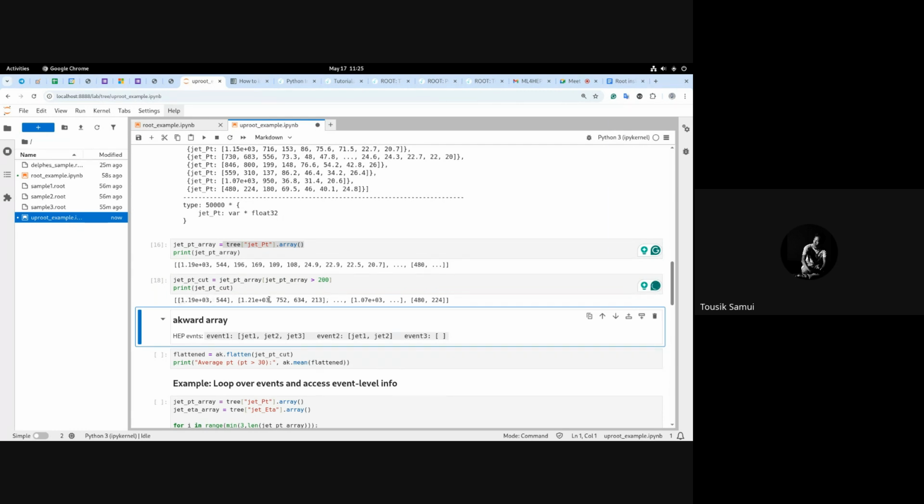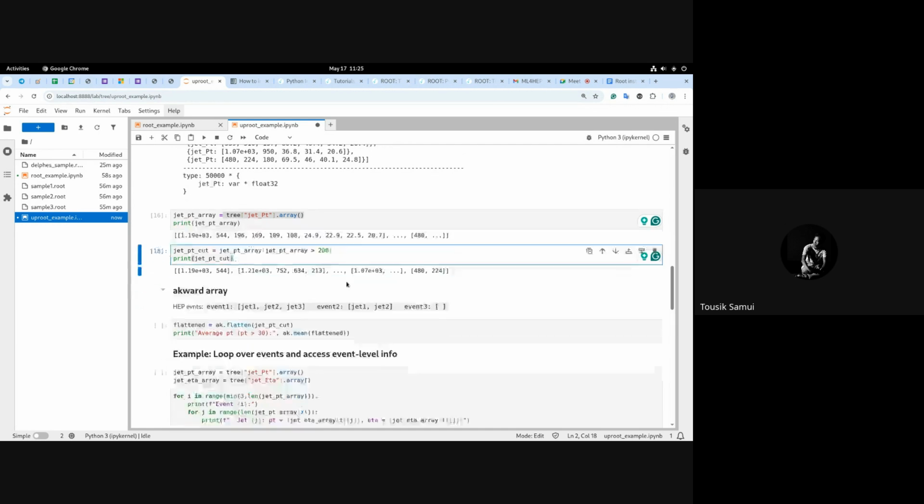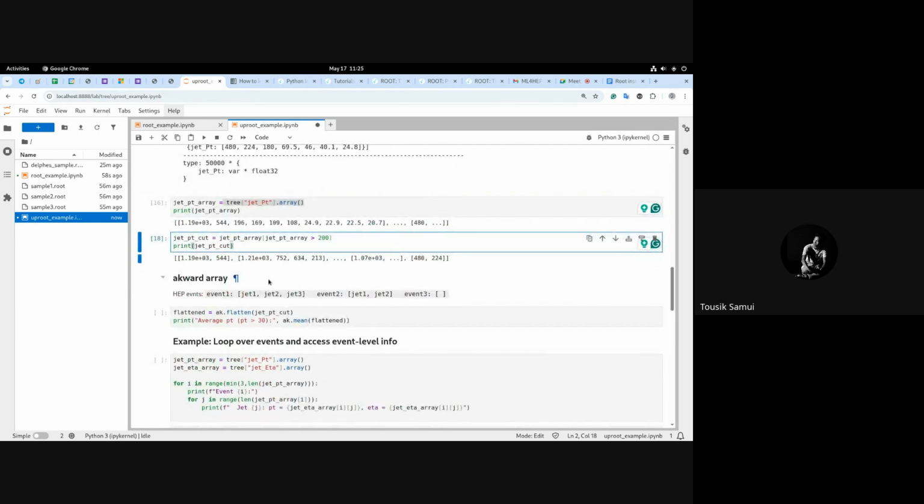For the second array, only 4 entries are coming, and so on and so forth. So this is a very powerful tool that you can use to select particular events or sets with certain conditions. And this can further be used in the... so now I will go to the awkward array case,